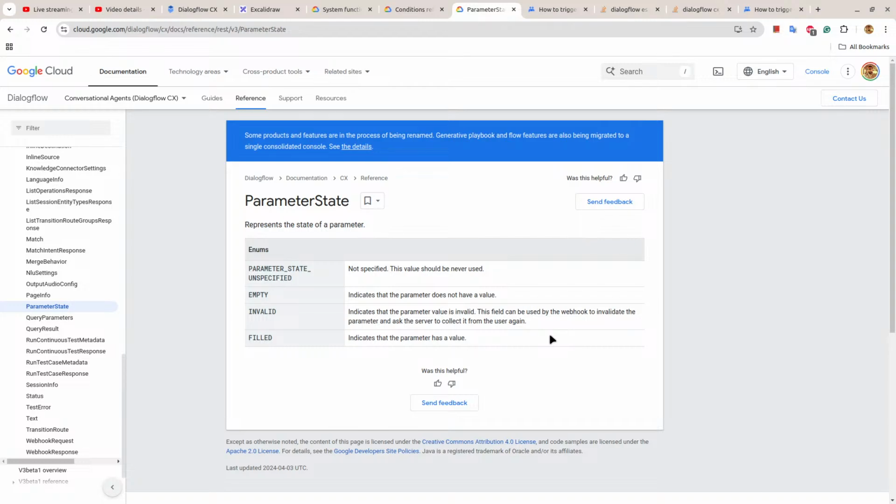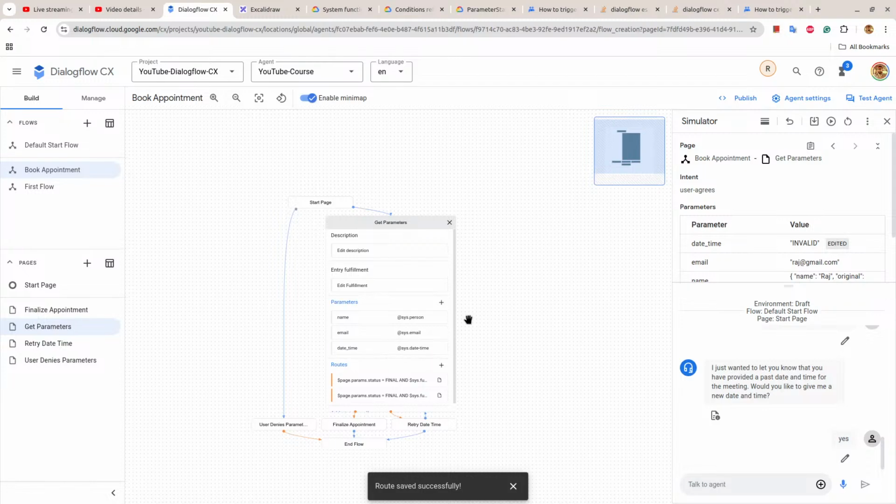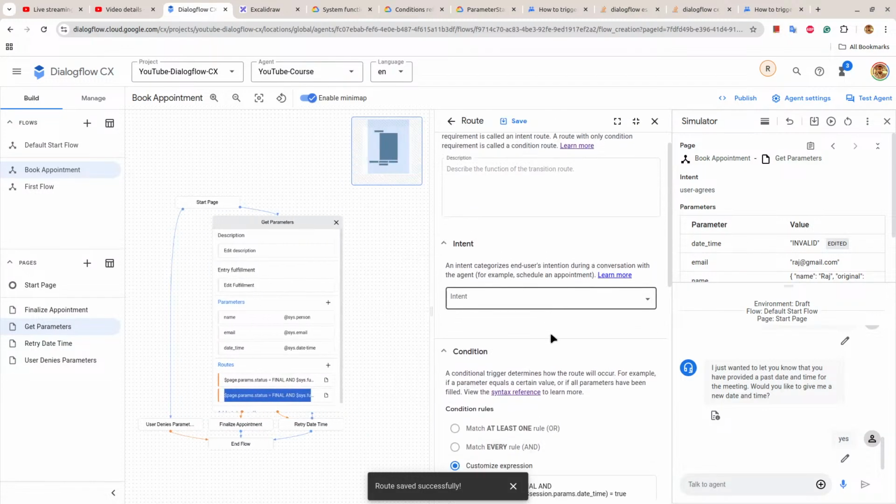Oh, I think my bad. This thing can only be done using webhook. I guess my knowledge is not up to date. So I think we will not be able to do this, but